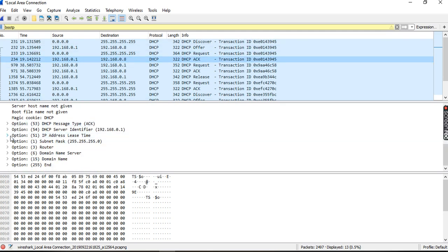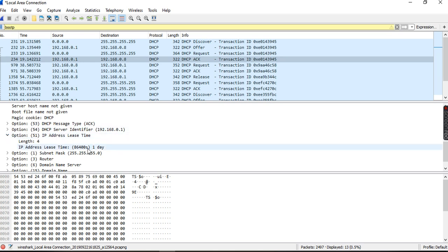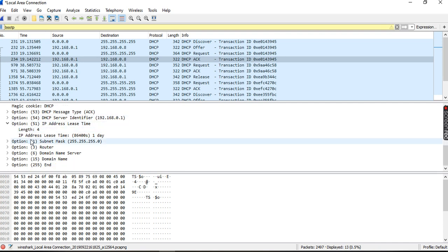Probably one other thing to mention is the lease time, IP lease time, which is for 1 day. Basically it means that the server leases out these IP addresses, and if it's not requested on an ongoing basis, if it's not being used, it then takes the IP address back, and then you have to go through the same process automatically through the DHCP server to get a new one. So yeah, that is dynamic host